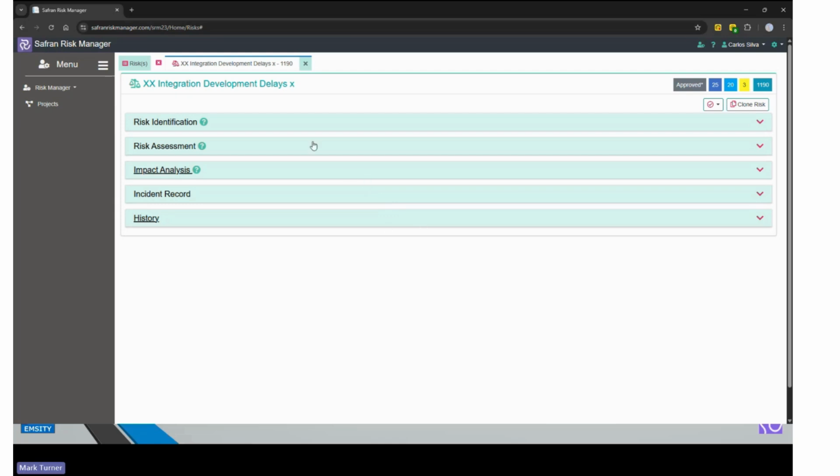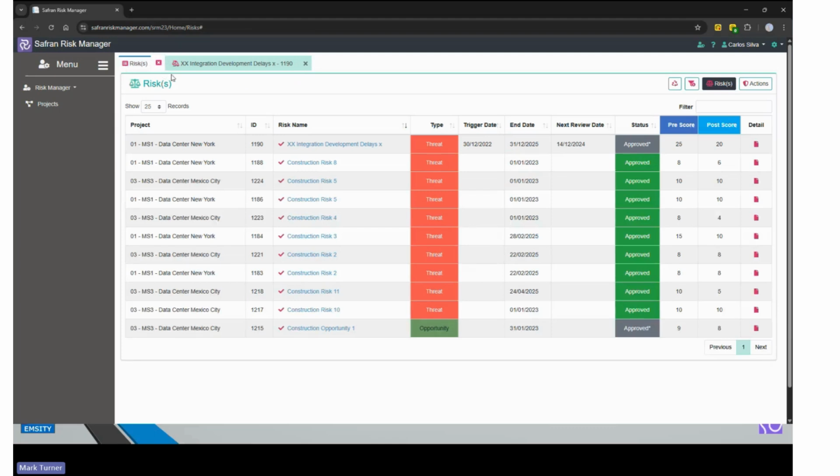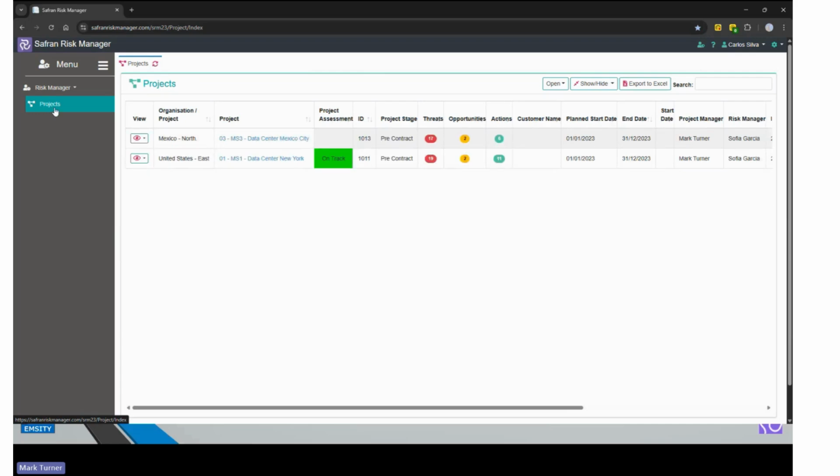Now, one of the questions which I'm always asked is, okay, so that's great to complete a pre-populated risk, one that I filled in before, but how easy is it to create a new risk in the register? So if Carlos has identified a new risk and wishes to enter it, what he needs to do is first of all identify the specific project against which this risk will be added. So Carlos has been assigned to 2 projects, okay, and I'm going to add a risk to the Mexico City data center.